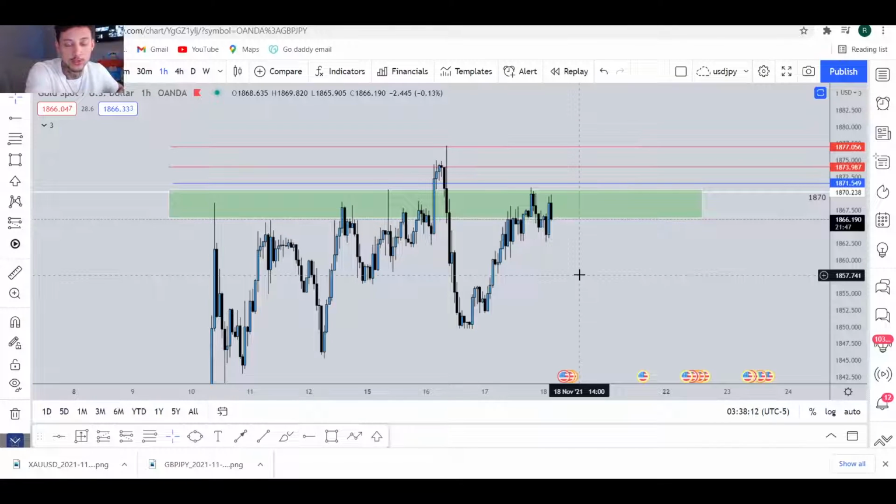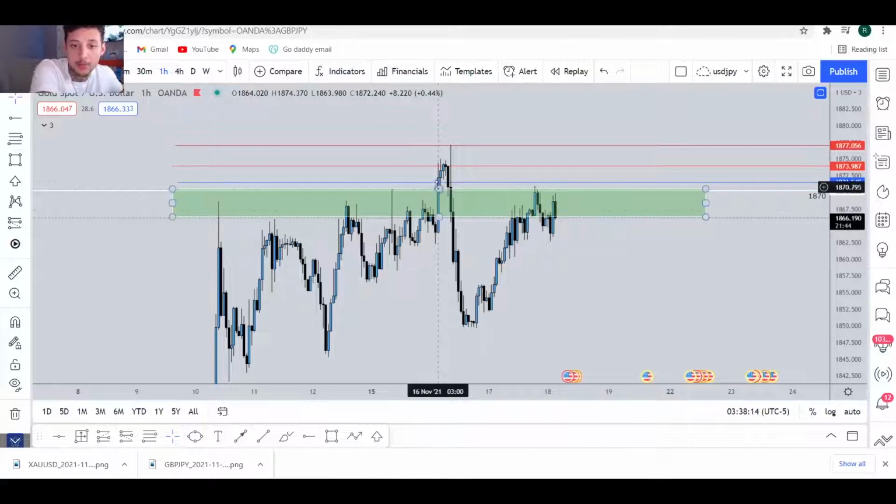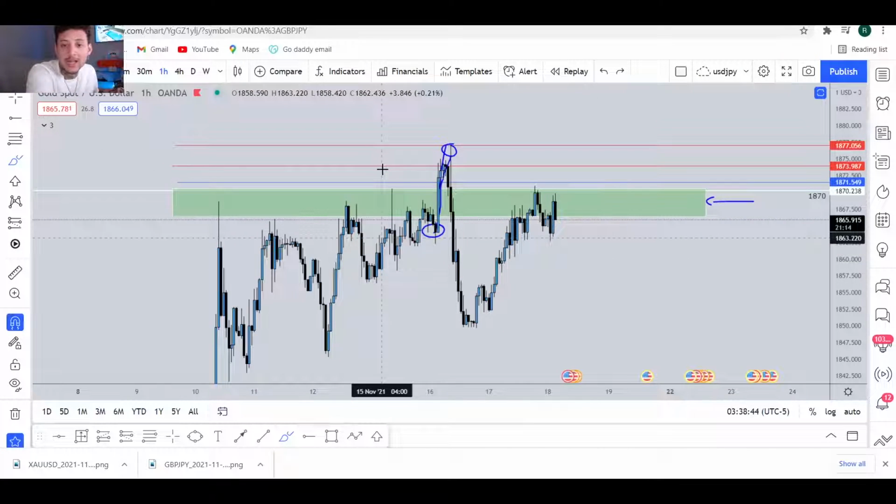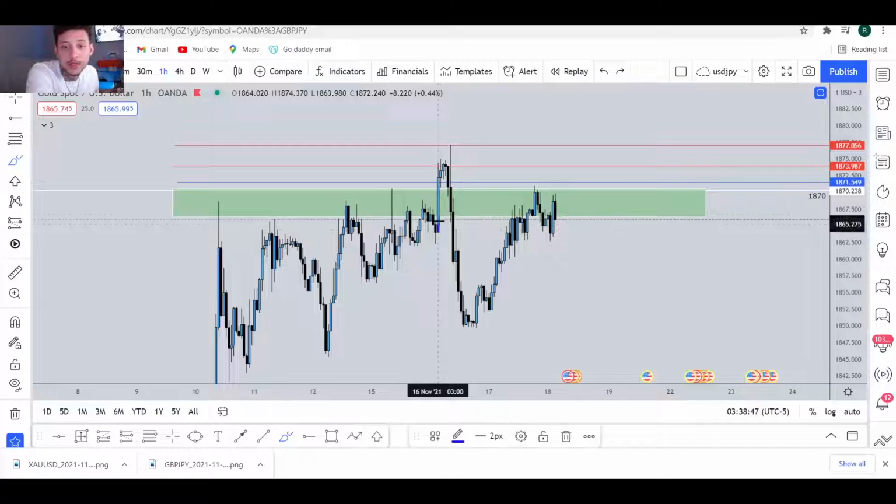So the way market makers also make money is by pumping price up, right? Notice the pump started here, ended up here. So they pumped price all the way up, right? Triggering a lot of people's sell orders, triggering a lot of people's sell stop losses. So the majority of people that sold, that got stuck in this stop hunt, got taken out of their sell positions. At the same time, they're triggering a bunch of buy stops, meaning that if they entered buy stops here,